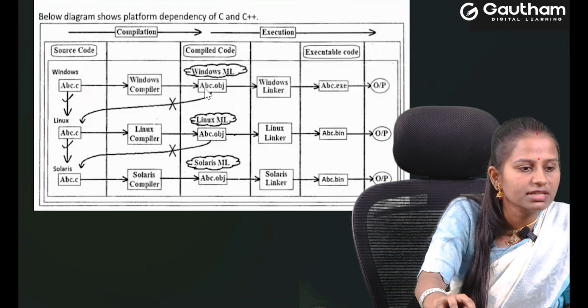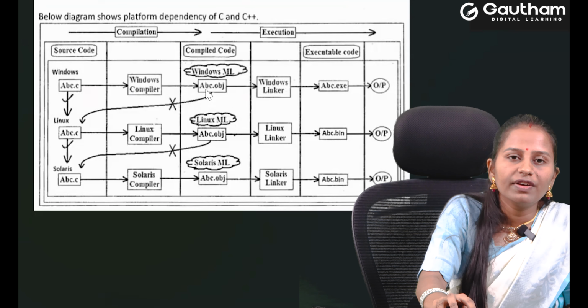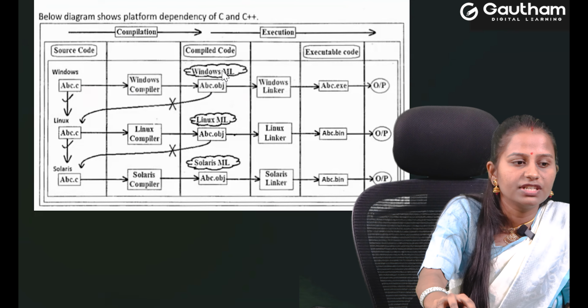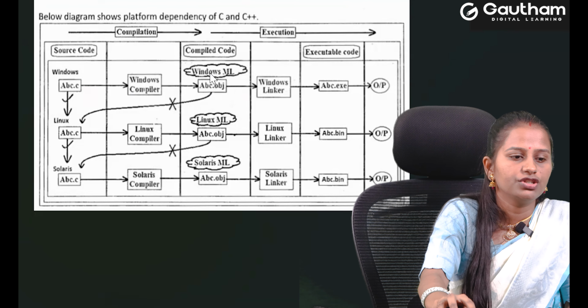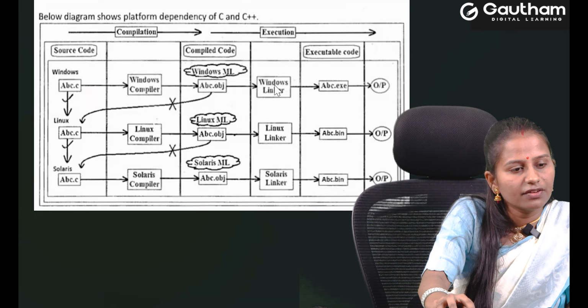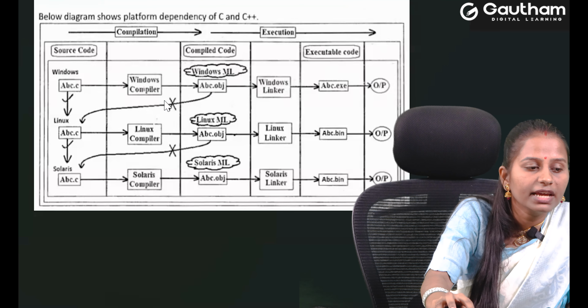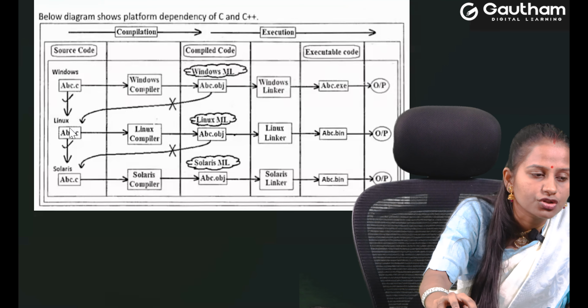Once it is passed to the Windows compiler, one compiled code will get generated, which is understandable by Windows machine language. Then that will go to the Windows linker and move to executable code for that operating system, and finally we will get the output. Everybody knows this is the process. Once the source code is passed to the Windows compiler, the Windows generated machine language we cannot pass to any other